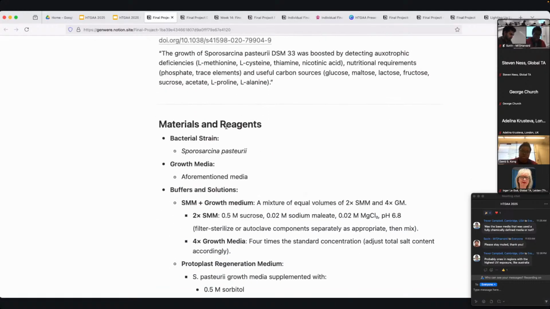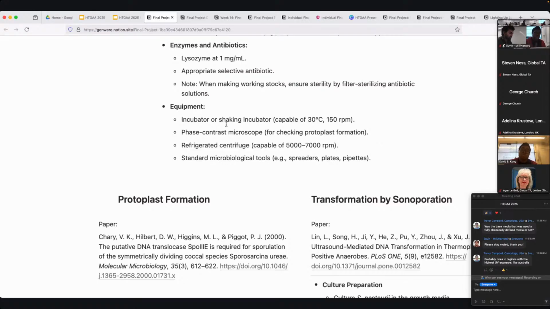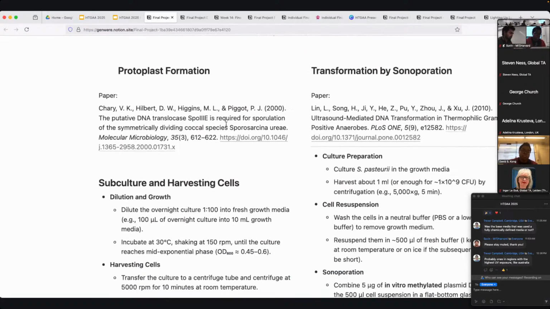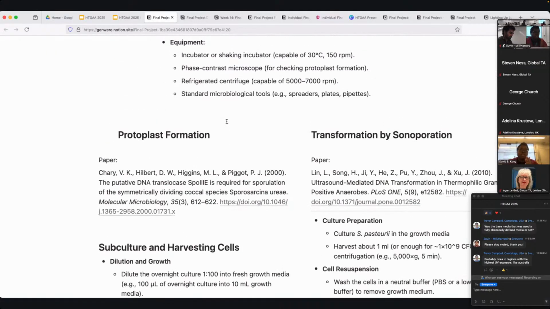Pasteurii, adopting a protocol from Ren. And so I tried two different methods, sort of plan A and plan B. One is making a protoplast, which is essentially digesting a cell wall and then introducing the DNA and then regrowing it and then plating it, and the other thing was sonoporation, which is essentially you take the bacteria, put it in solution, put it into a sonicator,